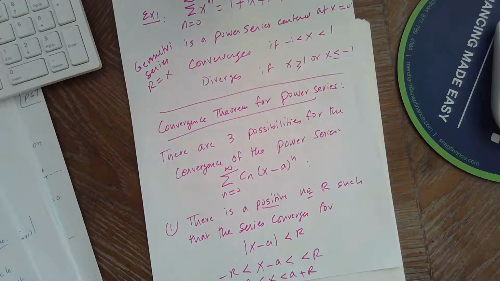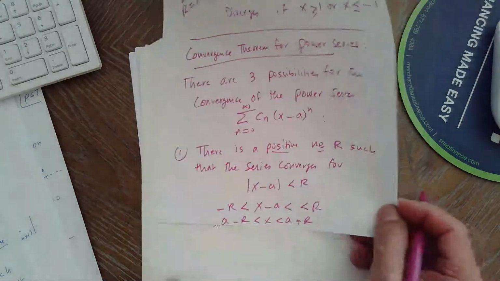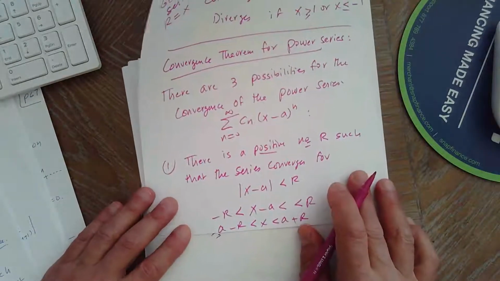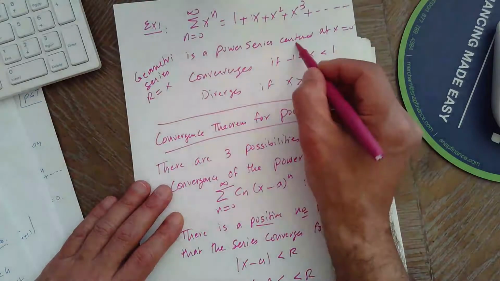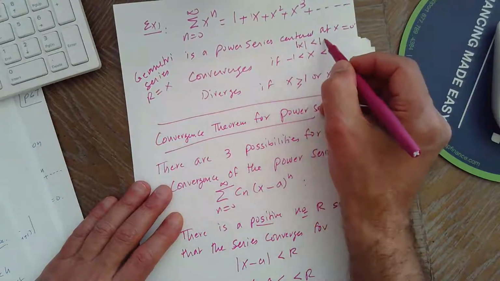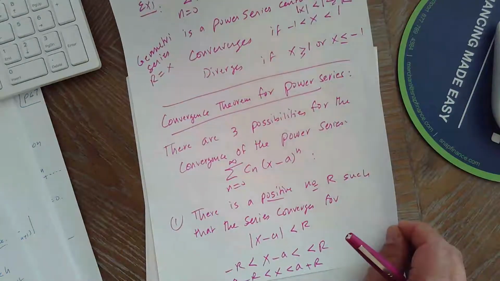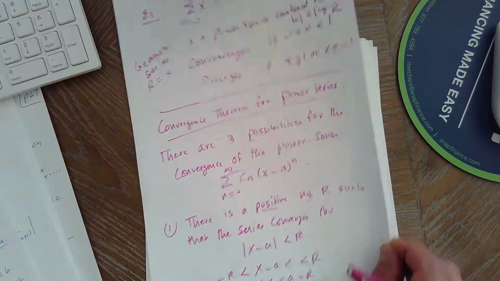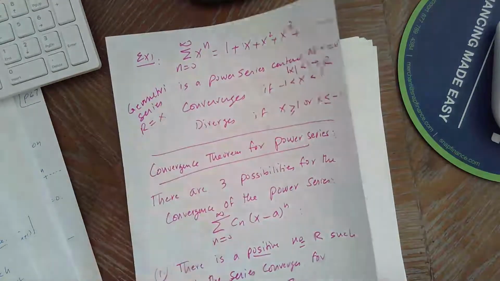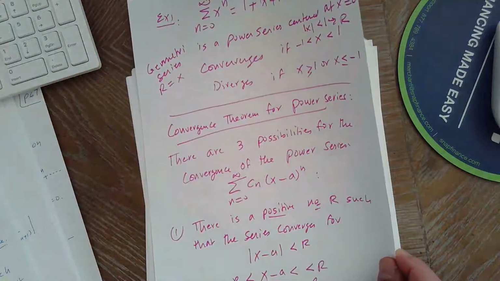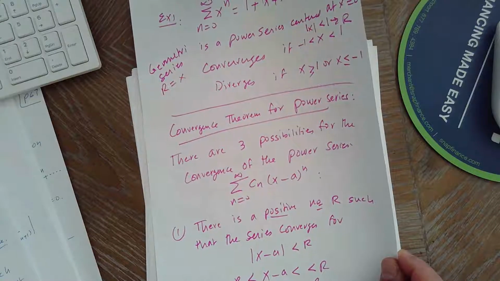These are all equivalent, okay? If absolute value of x minus a is less than r, absolute value of x is less than 1. This is r, okay? So if there's a number r, in this case there's a number 1, such that the series converges for absolute value of x minus a less than r,